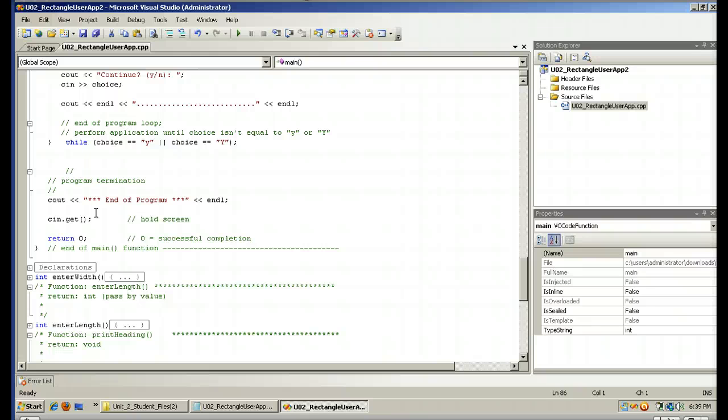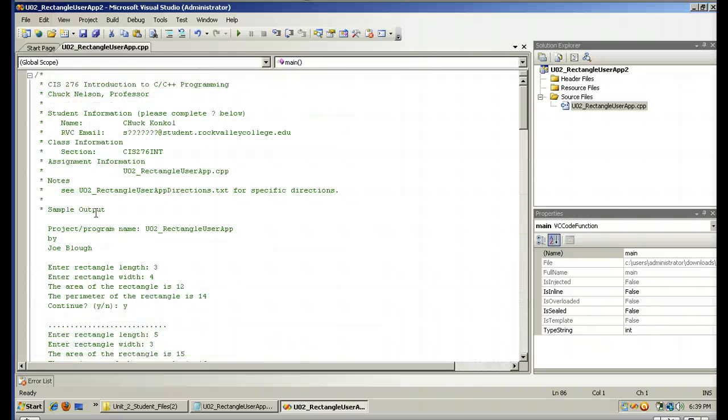And that completes the exercise for Rectangle User App. If you have any questions, you can email